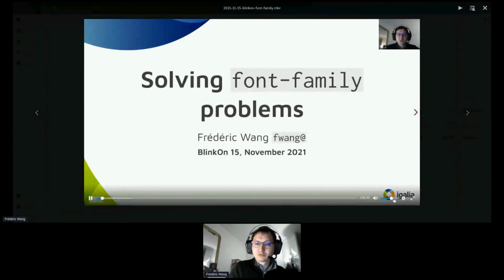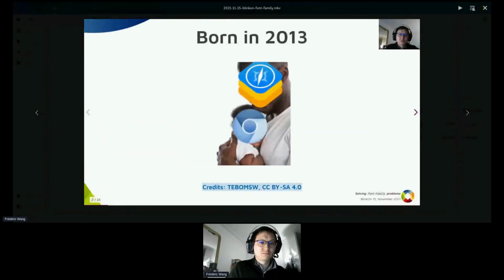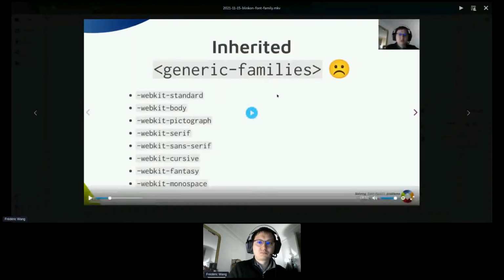Chromium, and open the discussion about how we can try to improve the implementation in Chromium. So first, as you know, Blink is a fork of WebKit, which means that we inherited generic font family names from the CSS font module, but also that